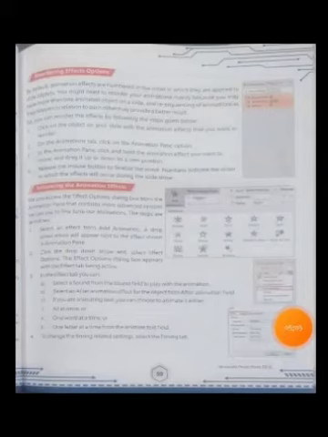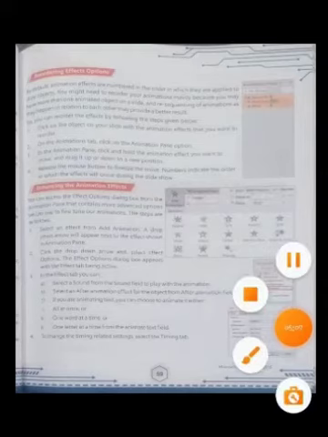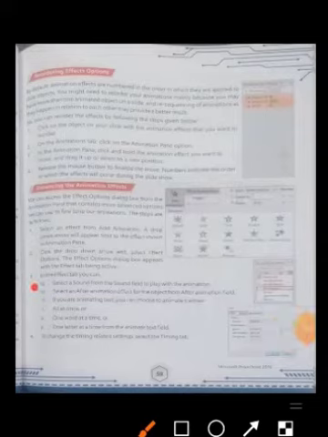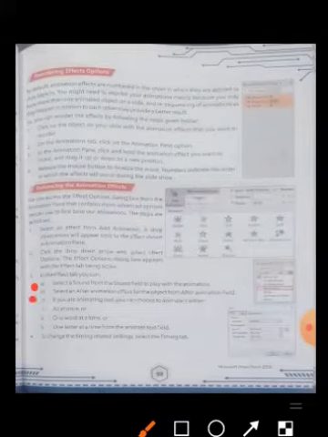If we want to add sound to our effect, we can add sound also. In the effect tab we can select the sound option. Here, the first one is to select a sound from the sound field to play with the animation. Next is to select an after-animation effect for the object from the other animation field.